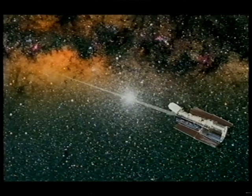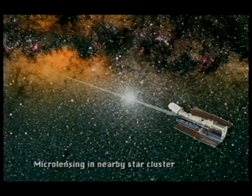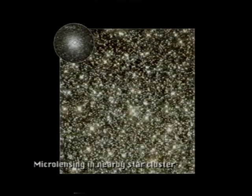So about 10 years ago, people started looking for this microlensing effect. And the result of those searches was that they did find microlensing. But what they found was, there have been about a dozen events which have all the signatures of being due to gravitational lensing. But what was frustrating was that the frequency of these microlensing events showed that you couldn't have